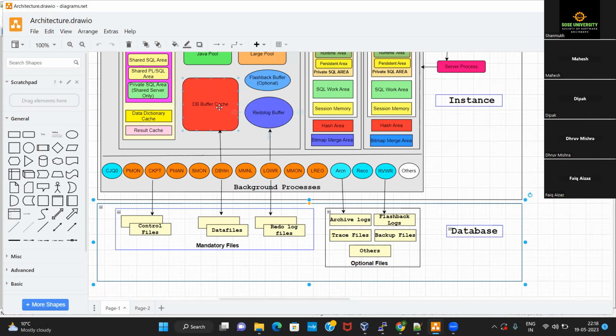So before those dirty buffers get written into the data files, their corresponding redo entries need to be written to the redo log files first. Only after the corresponding redo entry has been written onto the redo log files, those dirty buffers can be written on the data files. You understand the relation between these two now, DBWR and LGWR?